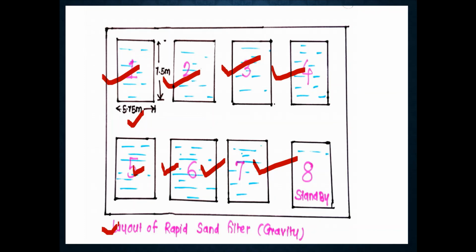If the rate of filtration is not given directly, and they have mentioned rapid sand filter, then go for the design of rapid sand filter. If the rate of filtration is mentioned but the type of filter which you have to design they have not mentioned, then based on the rate of filtration which is given, you have to identify which type of filter you have to design. This is a very important precaution to take care of while solving the example. Otherwise the steps are quite simple. Just follow the steps and you will surely get the final answer.